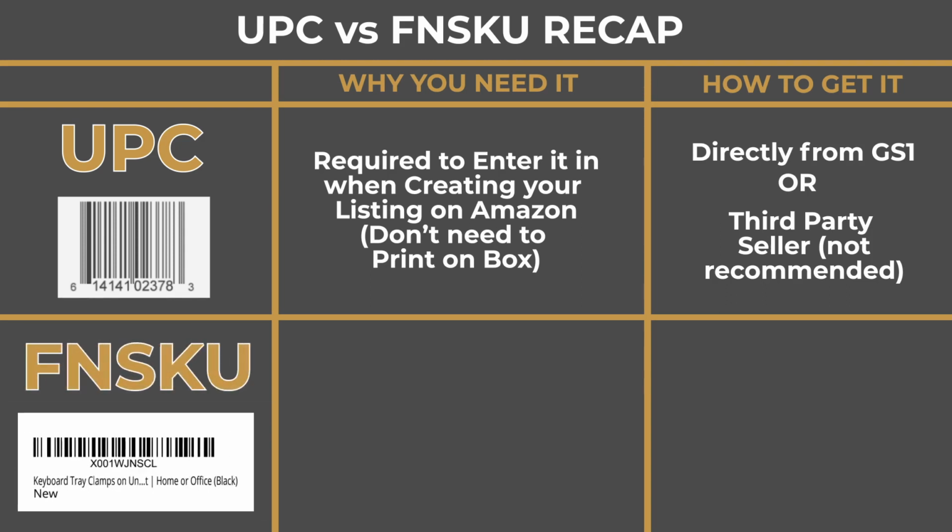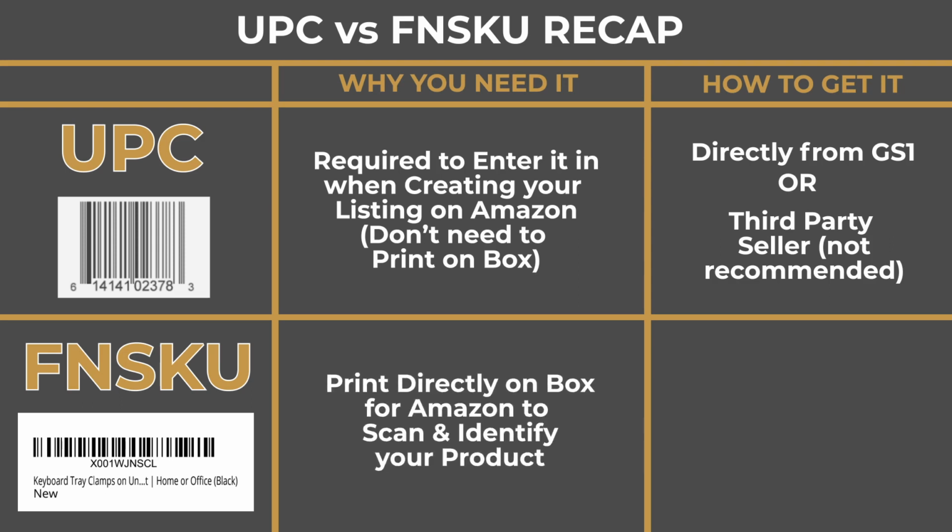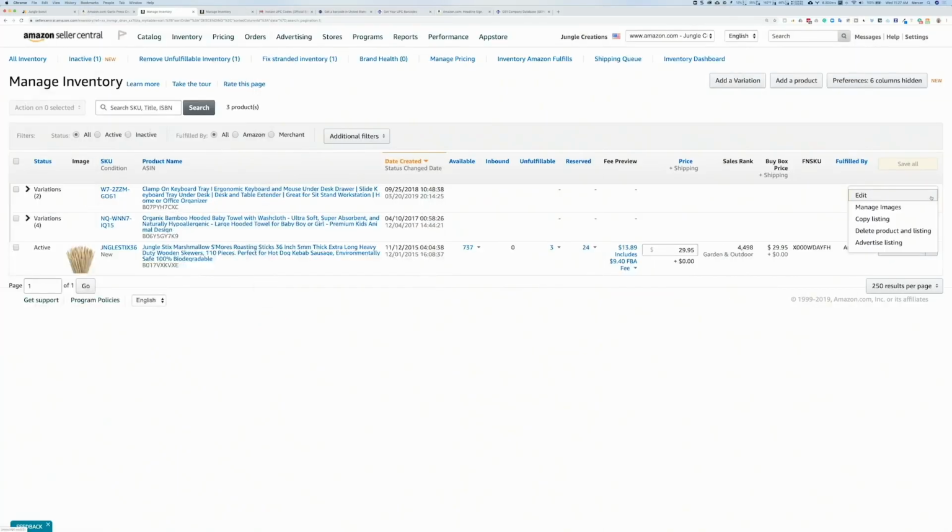If you're only selling on Amazon, which I recommend for the majority of you, I encourage you to just print your FNSKU directly on the box. Do not print the UPC on the box. That way you don't have to put a label over it. In order to get the FNSKU, after we create a listing, which is going to be included in a different module,